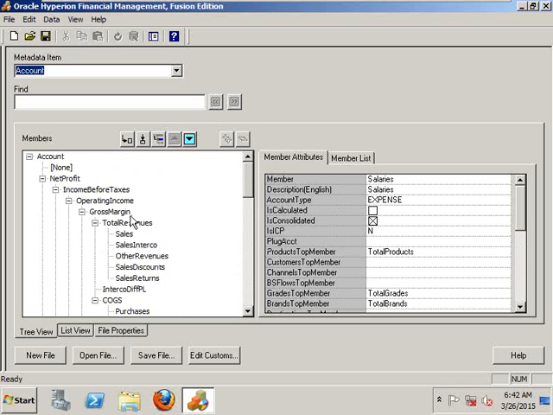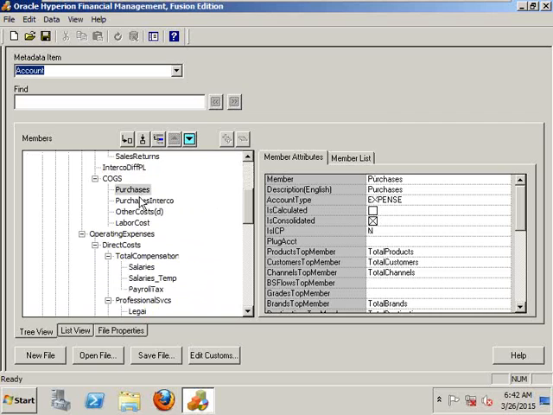Simply, for the parent members, you are not going to load the data, so for that purpose you are preventing the data by using the Is Calculated member. That means you are not able to load the data for those members that have Is Calculated, but you can load the data for members that do not. Purchases, these members I can load the data. That is the thing for Is Calculated.